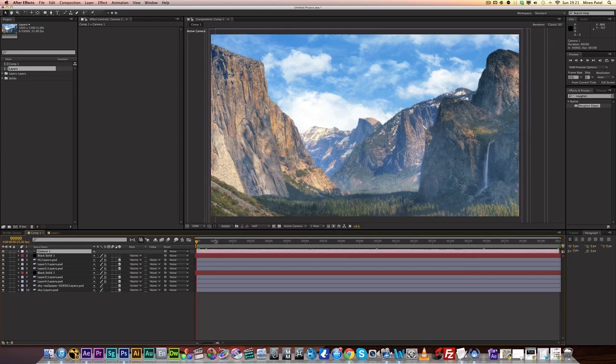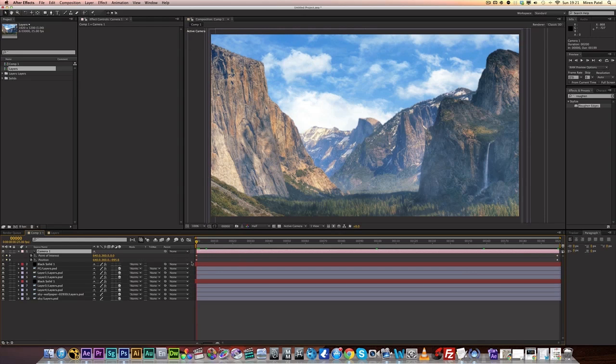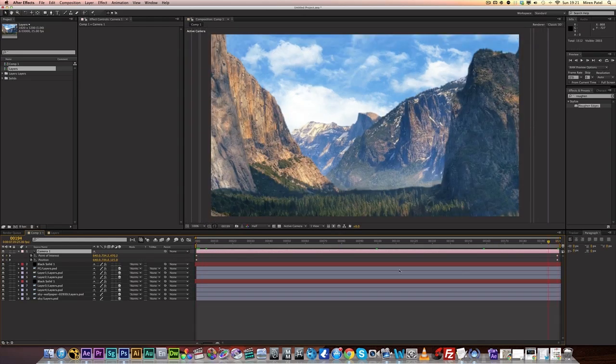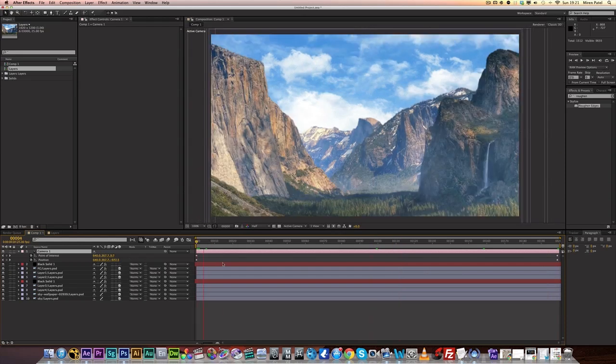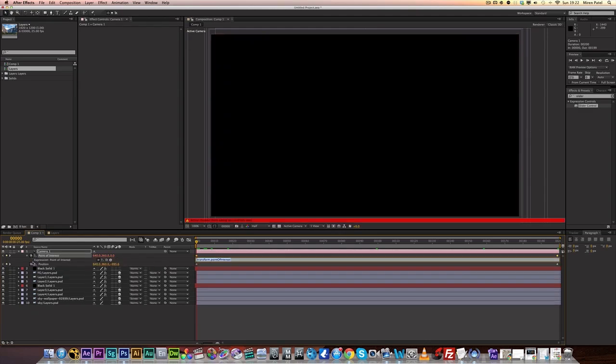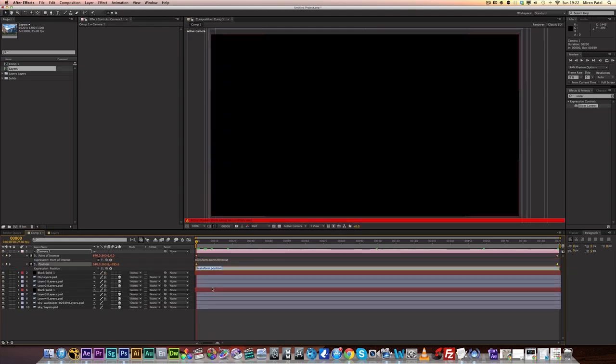So this camera movement, at the moment, is just a smooth movement that goes straight through these mountains. And that's not realistic. When you do this in real life, even if you're using a helicopter and everything, it might not be a super smooth motion. The camera will rattle, it will move slightly. So what you want to do is Alt-click on the point of interest, Alt-click on the position, and